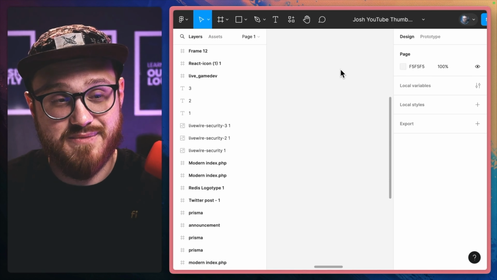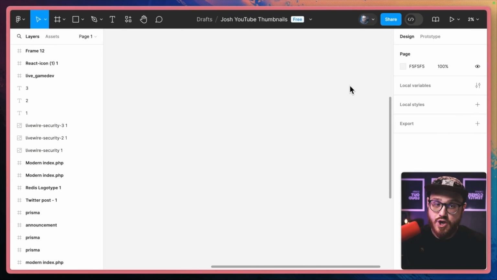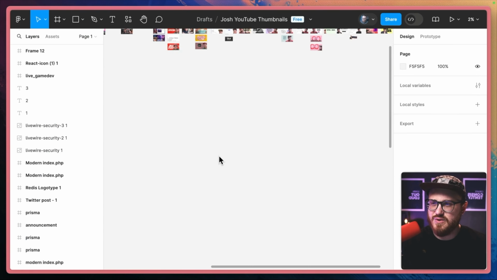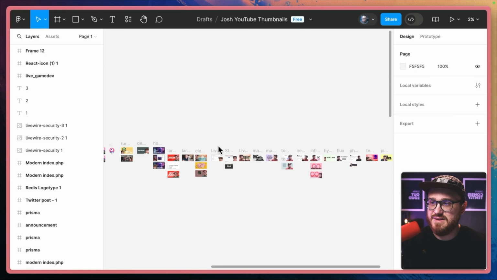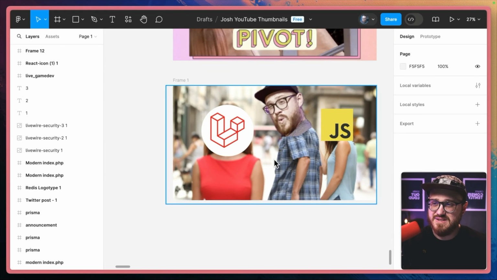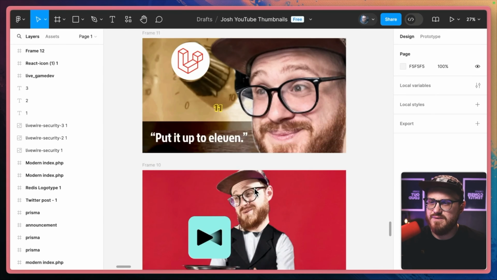I have a complete list of all of the thumbnails. I'll bring up the screencast view. All of the thumbnails that I have ever done, all in one Figma file. That's probably going to slow down my computer right now, but okay, this is zoomed out as far as we can possibly go. You can see here, this is the first thumbnail that I ever did. And I slowly went up,